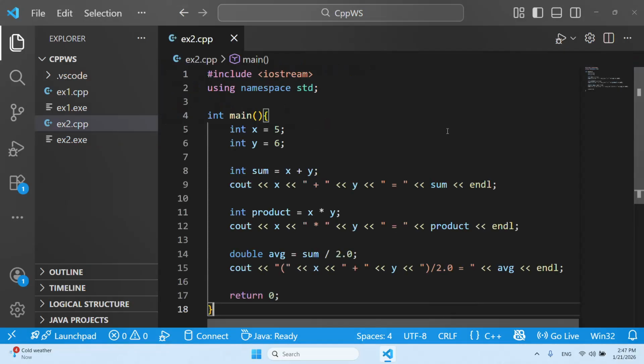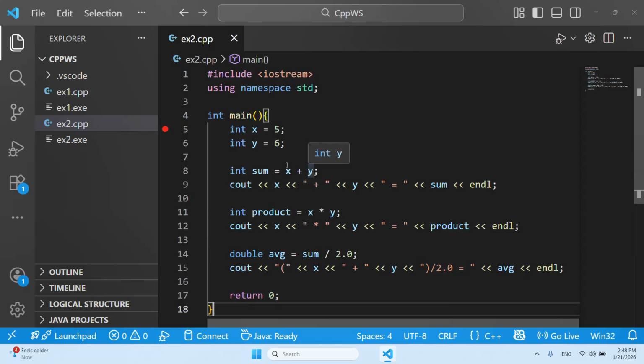Before I finish, I would like to also show you how to debug a C++ program. So to do that, what we do is we open up the source code of our program. We come to the statement where you would like the program to stop executing, and then we're going to go step by step. So here we are on the left hand side. You can see that a red dot appears. I'm going to press on it. This is called a breakpoint. I want the program to stop at the first statement.